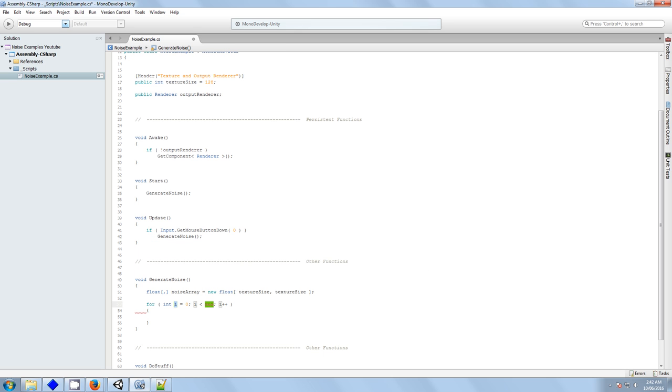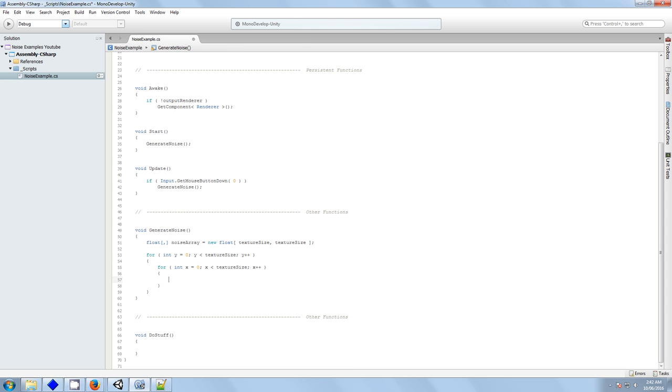So we'll need a couple of for loops. Start with y. Get the texture size, and then for x. Now there's a reason I've gone y instead of x first, and I'll explain that when we get a bit further along. Okay, so for each value in our noise array,